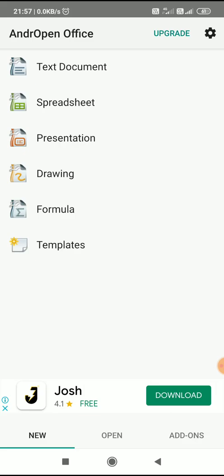Next, the fifth software of this suite is Formula. It is a mathematical editor which is used to edit various formulas, from simple formulas from algebra to complex formulas, up to rocket equations also. So these all can be done in this freeware software suite.